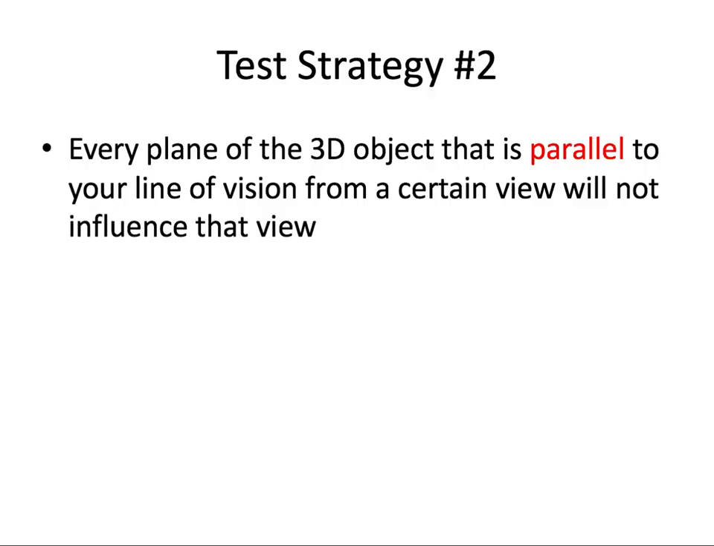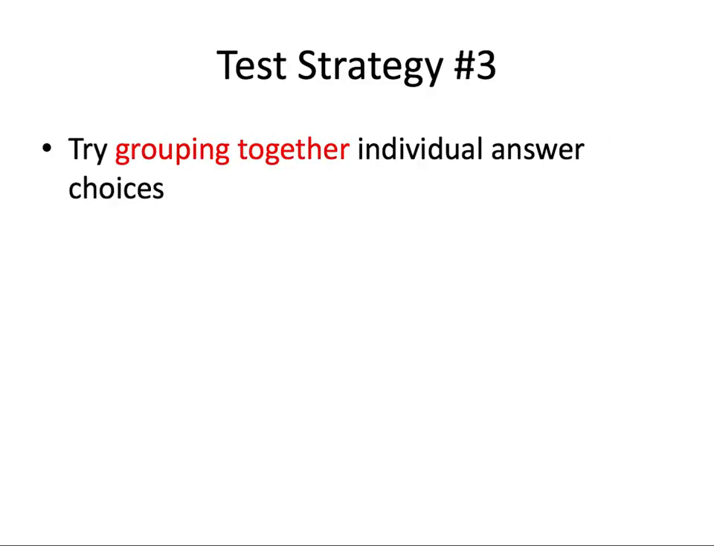So every plane of the 3D object that is parallel to your line of vision from a certain view will not influence that view. Another strategy is to try grouping together individual answer choices. I think it can be really helpful to look at groups of keyholes. There's usually one group, if not two, of similar looking keyholes in the 5 answers. So look at groups instead of individual answers and see if you can figure out what views the test makers